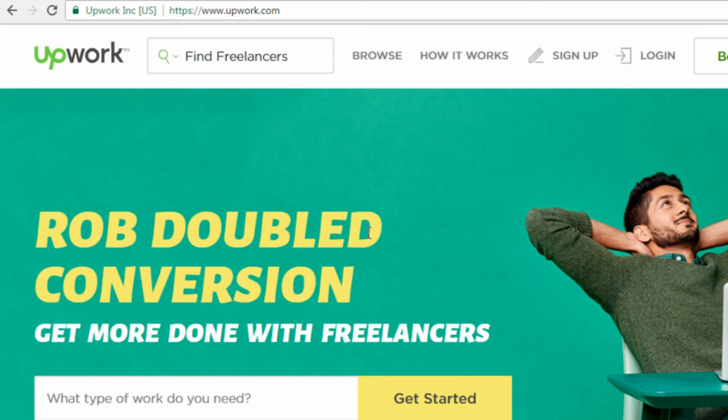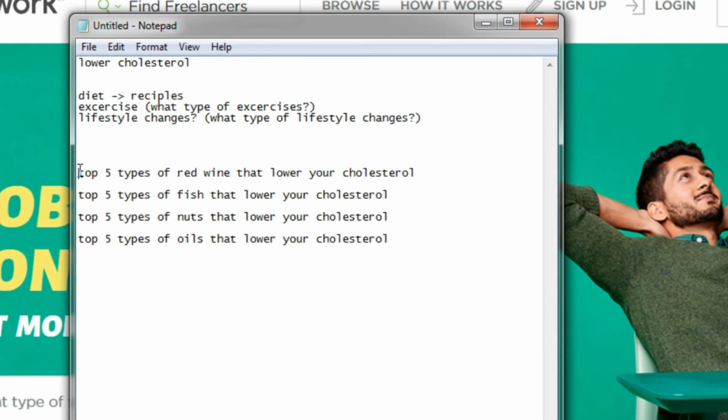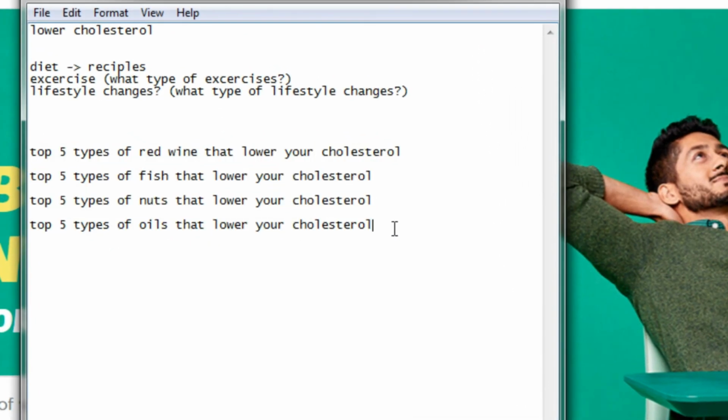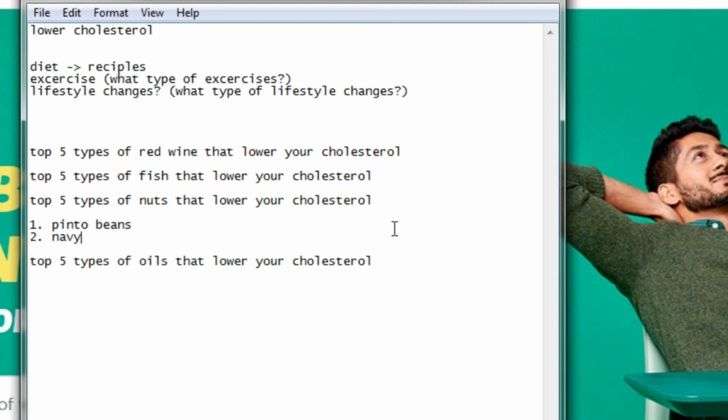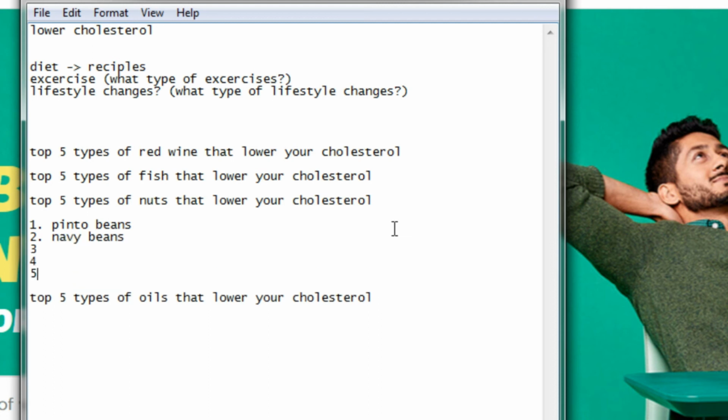But what I like to do is hire a couple first and see which ones I like, their writing style and how well they work with you. And then you can outsource it. Or you can do it yourself and very easily do it because you have it. The more specific it is, the easier it is to write. So for example, going back to nuts, we have number 1, pinto beans. Number 2, navy beans. Number 3, 4, 5. So all we need is 3 more, which we have. So kidney beans, chickpeas, and butter beans.